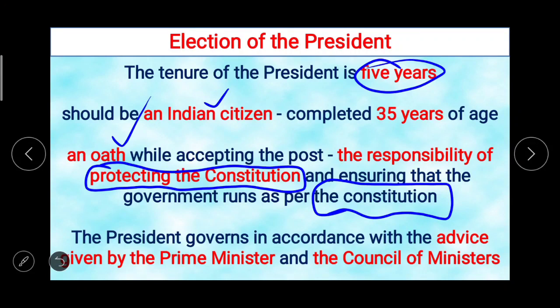The president governs in accordance with the advice given by the prime minister and the council of ministers. So there is a bridge, we can say, or there is a connection between the President and the Prime Minister and the Council of Ministers. ये तीनों लोग जो है मिलकर देश को चलाते हैं, एक दूसरे के साथ सलाह मशवरा करते हैं. And the next thing,